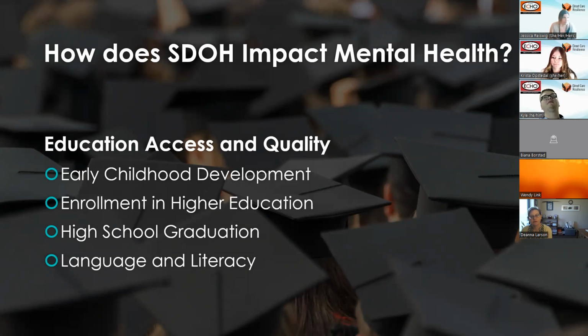early or in adulthood. Also, studies have shown that people with higher education are more likely to have jobs that offer robust healthcare coverage, and that the jobs that higher skilled people are qualified for typically have better benefits that help reduce stress of paying for essential family needs. And finally, with language and literacy, research has shown that limited language skills and low literacy skills are associated with lower educational attainment and worse health outcomes.